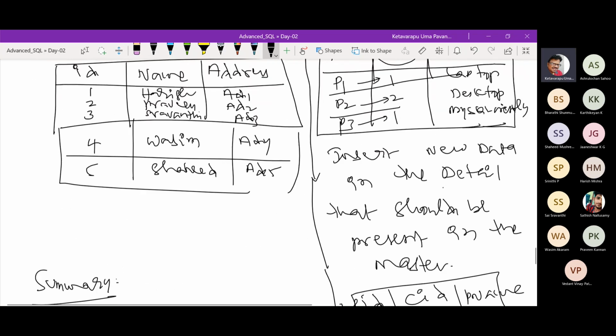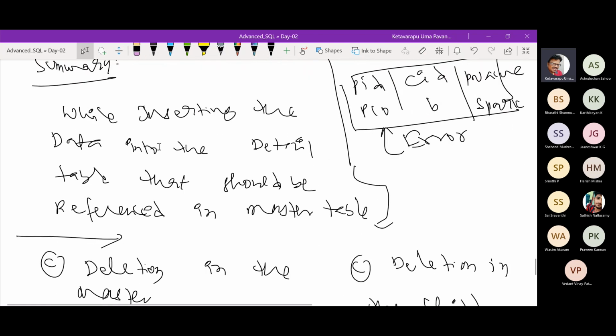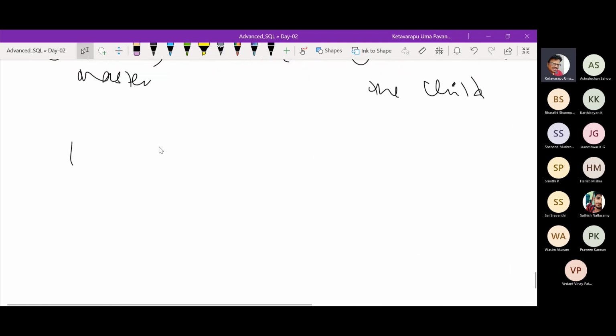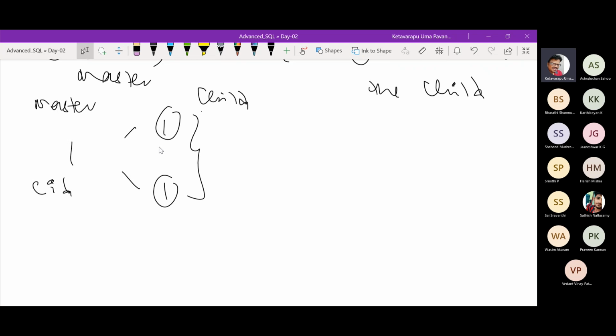Suppose I want to delete customer ID 1 from the master, but in the child there are corresponding records. Two records are referenced by the customer from the master. So in general, friends, direct deletion